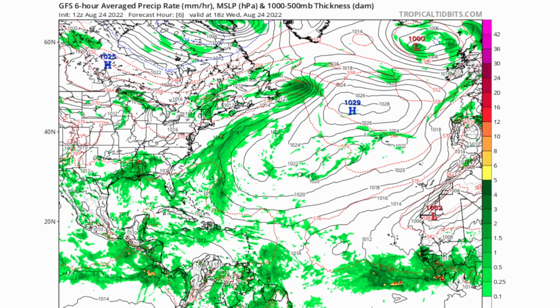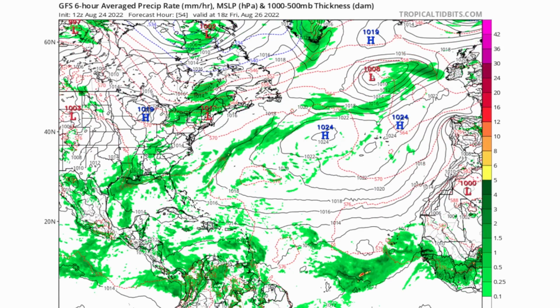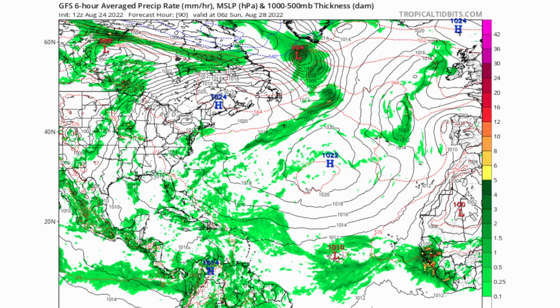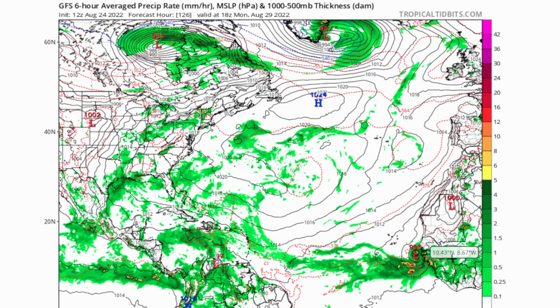But as you can see, let's move forward here into August 25th, where we're not seeing much, but you do see a circulation starting up on that one tropical wave, and that might actually be old Invest 90L that has spun up again. We do see that one tropical wave that does get off of land, off of Africa, and it really picks